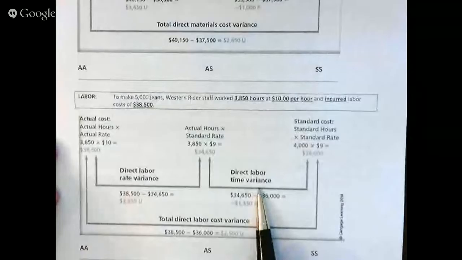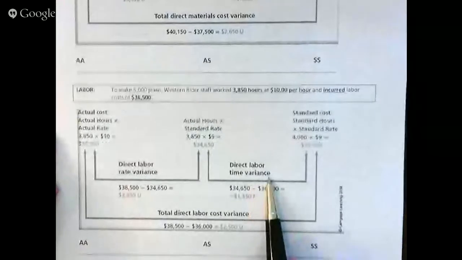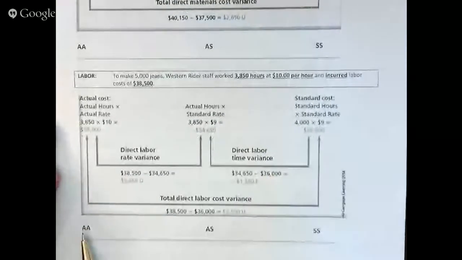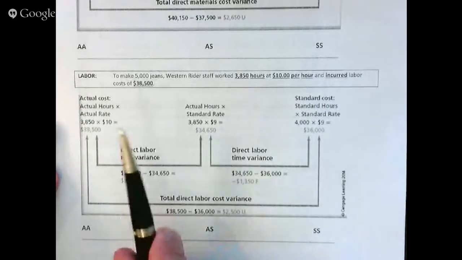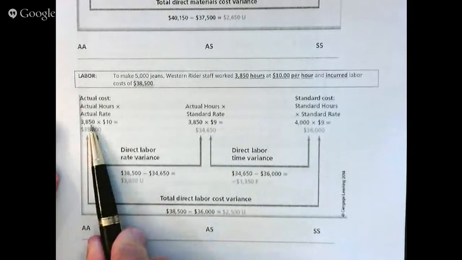Again, put your big bottom on a sheet so that you can calculate the actual cost incurred, what it should have cost you for the hours that were actually worked, and what it should have cost for the hours that you should have used. So from Exhibit 1, we know that the company actually worked 3,850 hours at an actual rate of $10, and that produced an actual cost, a charge, of